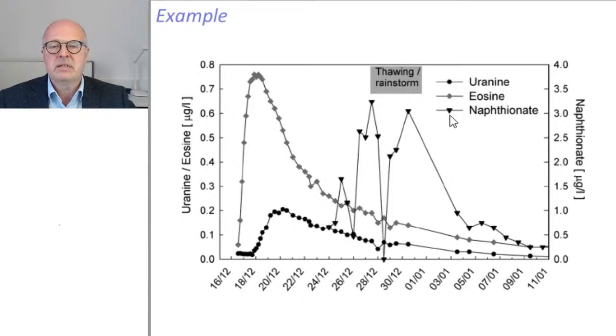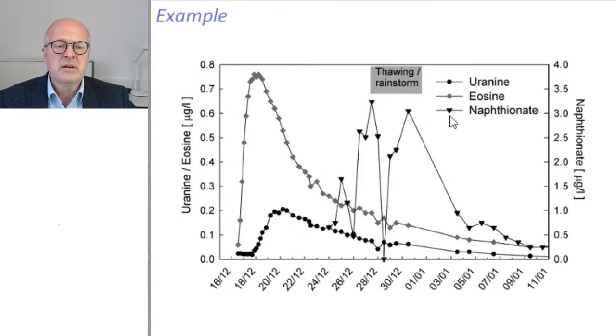This was the naphthionate. The reason for the concentration changing so much was not the naphthionate, I guessed, because it's a stable tracer. I thought first that we just touched the curve so that we just got the fringe of the curve, and because of that it was going up and down,